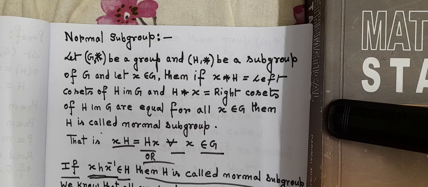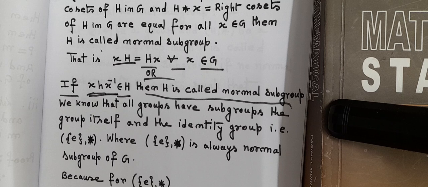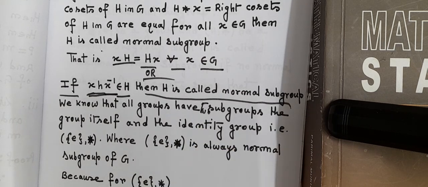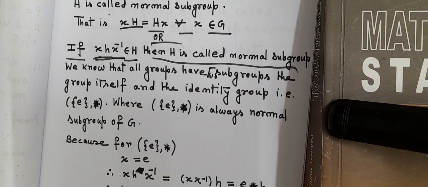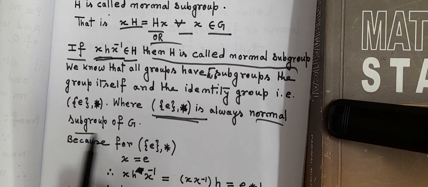Okay, we know that all groups have at least two subgroups. In my group theory video on subgroups, I have explained that all groups have two subgroups. One is the group itself, and another is the identity group, that is, the identity element with the binary operation. The identity group is always a normal subgroup of G,